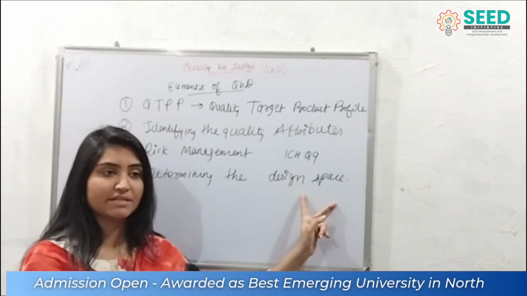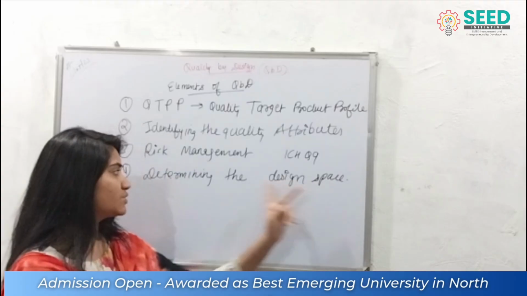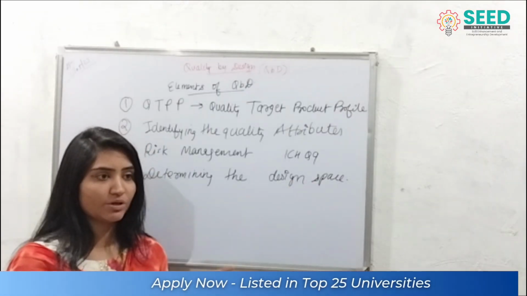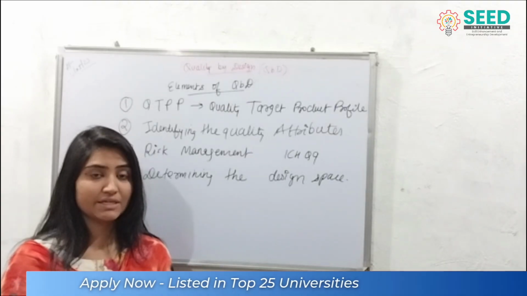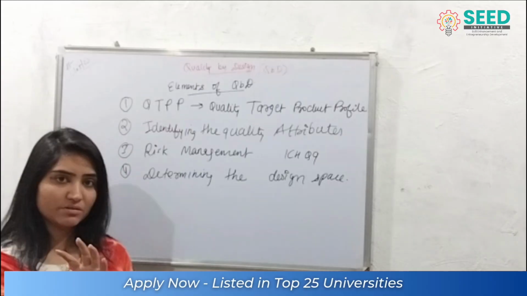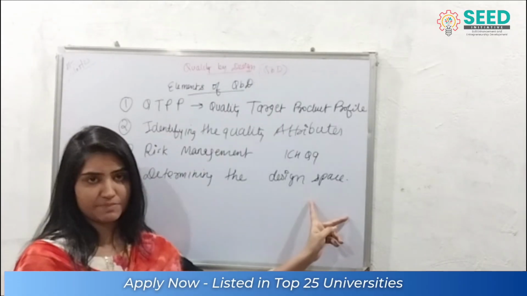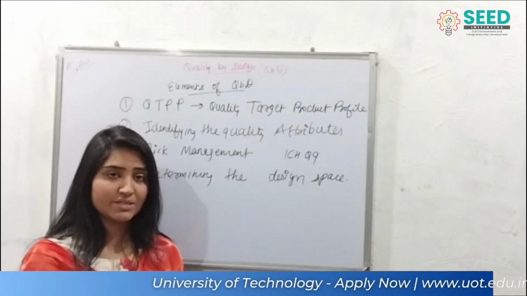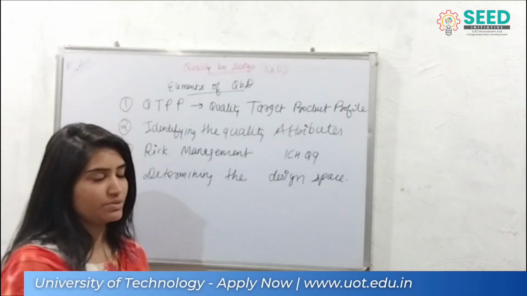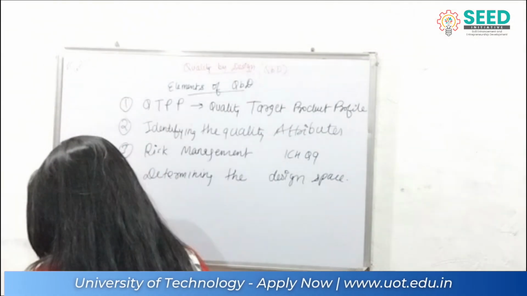If the manufacturing has a big area or a small area, different machines, the specifications still have to be the same. The product ultimately has to be efficient, it has to be safe. That is what we want at the end of the day. So determining the design space is that one point, where we discuss the design space or the quality of equipment we use. Now the fifth one talks about